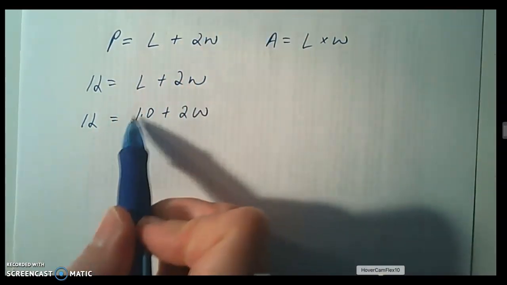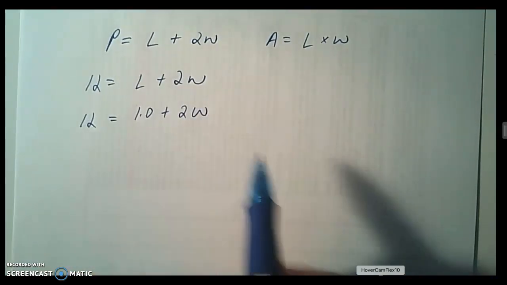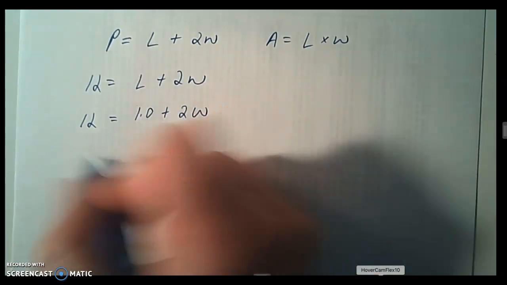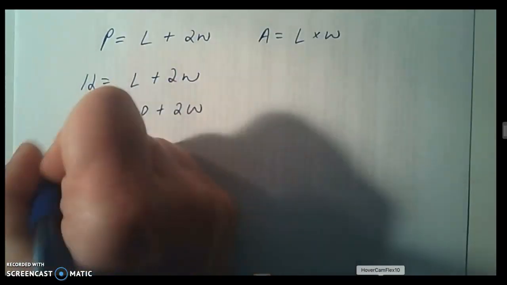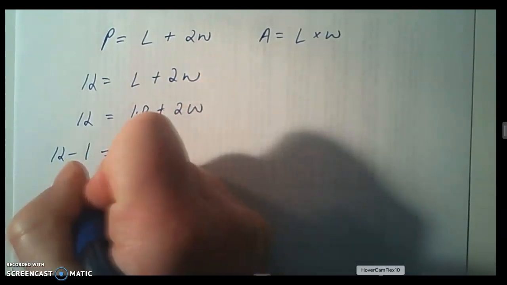Okay, so if I put 1 in for length, then I only have one thing left in my equation, and I can rearrange and figure out what W has to be. So the first thing I would do is bring the 1 over to the other side. 12 minus 1, I don't know why I wrote it as 1.0, just write 1, equals 2W, and then,